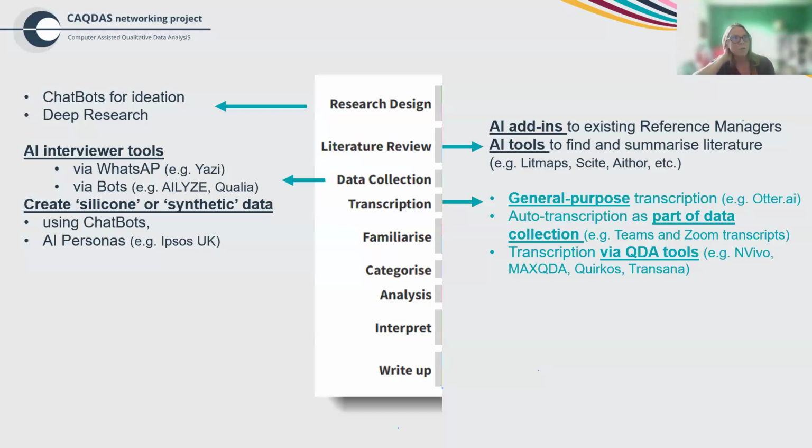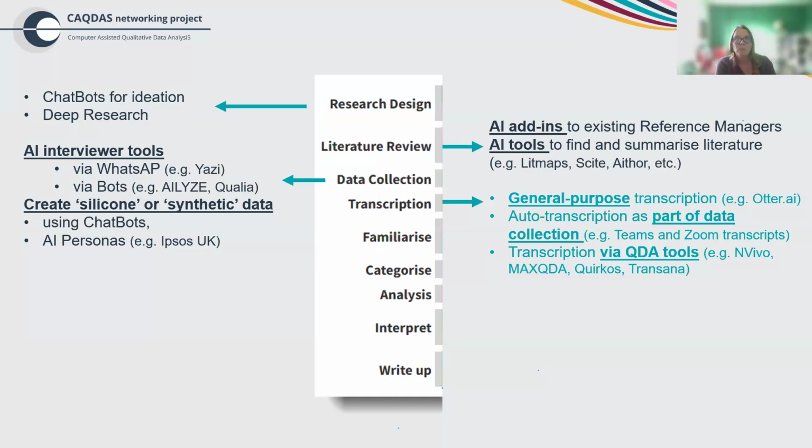And I'm sure many of you are aware that the field of automated transcription has significantly changed in the last few years. So I used to say, by the time that you've checked and corrected a transcript that's been generated by an automated tool, you haven't really saved yourself very much time. So the reason to use them isn't really time saving. That's changed. They are now much more accurate. They are now much quicker. And we basically have three genres of transcription tools.